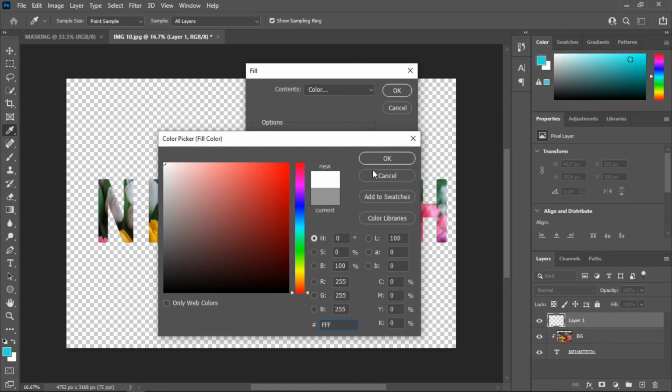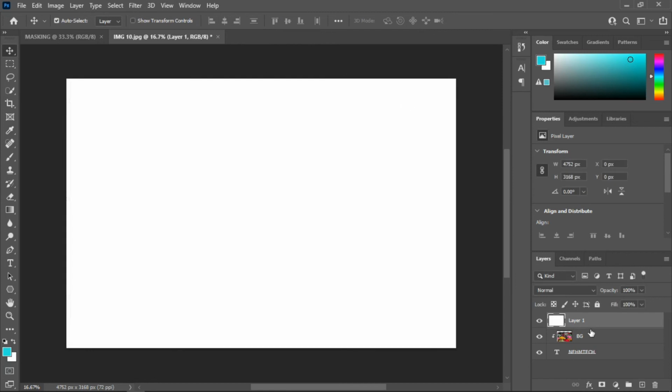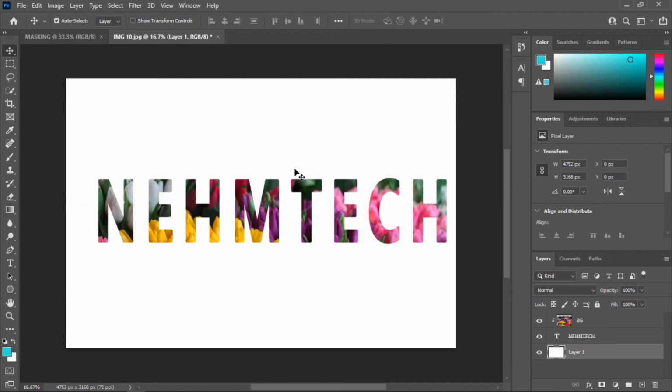Let's make the color white, and then I click OK. So you can see our color is white, but everything has just appeared. So we are going to play around with the arrangement of layers. Let me drag this layer to the bottom, and then you can see the image is very perfect. So guys, you can see it's now that perfect, but let me try to add some